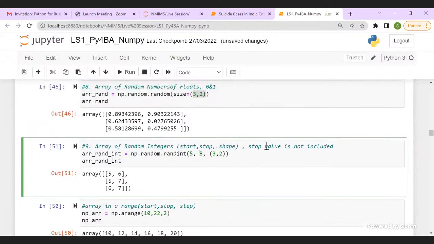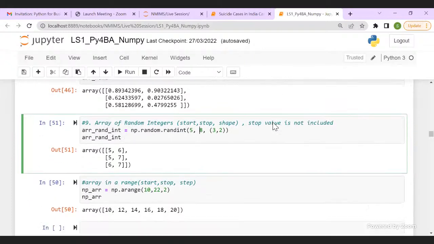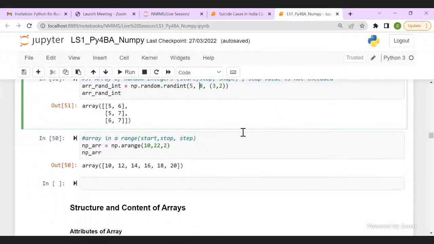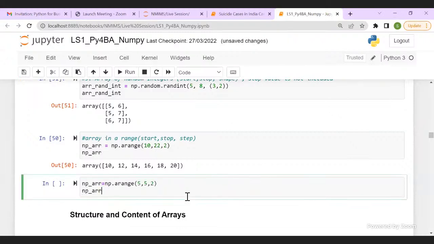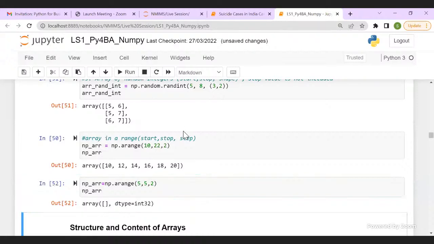All right. Now let's see what question Shreya has. Shreya has written a code np.arange(5, 5, 2), and she is getting an empty array. All right, Shreya, I'll just copy paste and write your code out here, and I would give an opportunity to everyone to tell why it is a correct code.